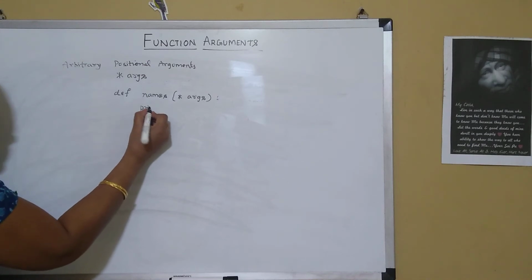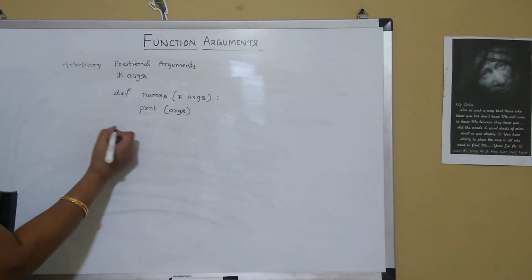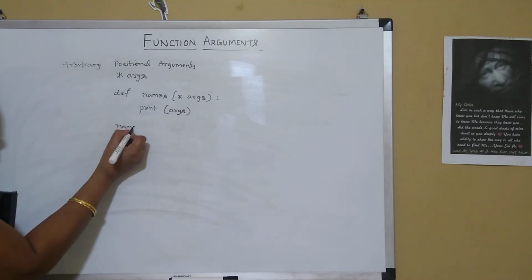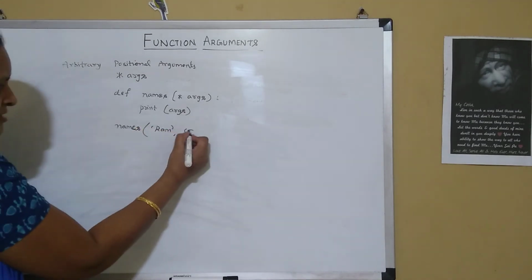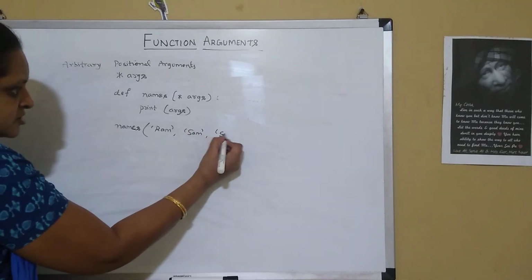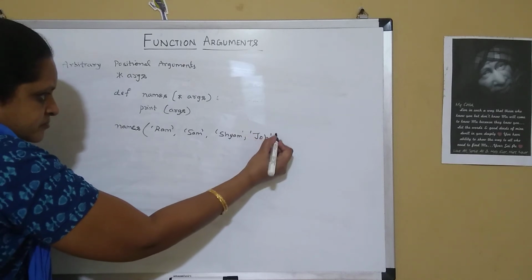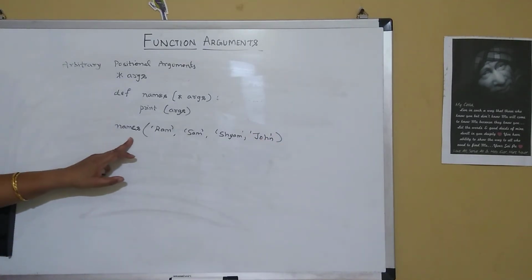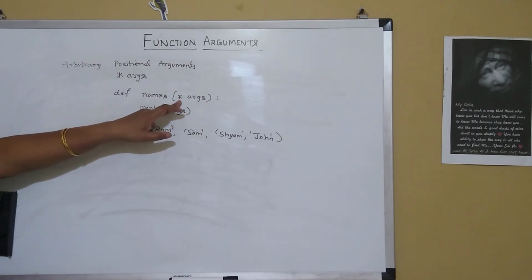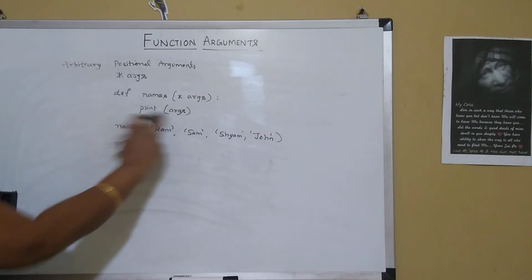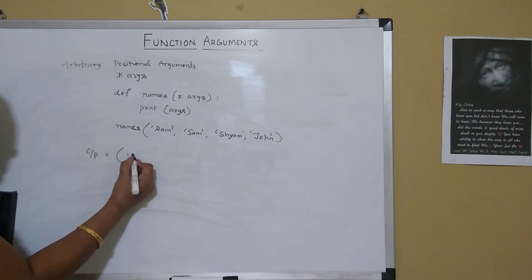Now if I say print ARGS, now let me pass those n number of values in the function call. So I'll have names Ram, Sam, Shyam, John. So I am passing n number of name values, and these 4 values will be held in ARGS prefixed with a star. So now if I say print ARGS, my output will be printed in the tuple format with Ram,